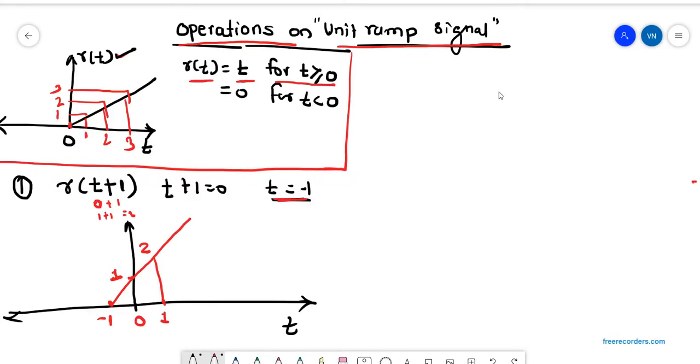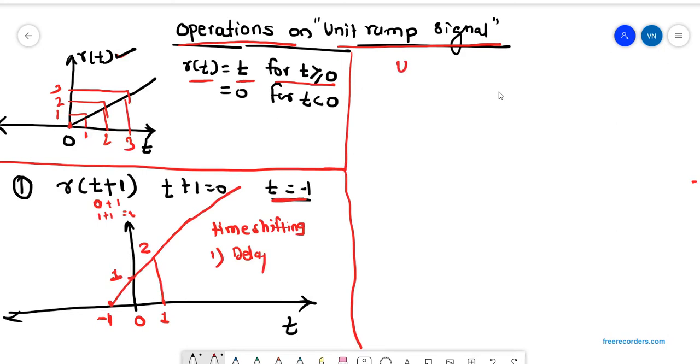So basically for every time period, that signal is shifted from minus 1 to whatever the maximum value is. Just by shifting the signal, it is called time shifting. Time shifting has different types. This is the first type, called delayed time shifting. Why? Because that signal is starting from minus 1. See, this is the original signal starting from 0, and I have shifted that signal towards minus 1.